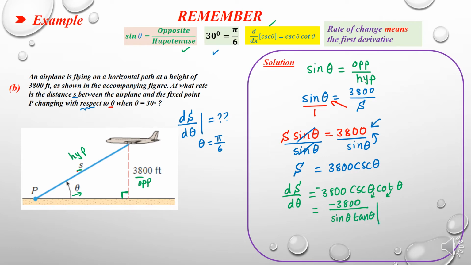Now you have to plug in theta equals pi over 6. So theta equals pi over 6, or 30 degrees, which gives minus 3800 divided by sine of 30, which is 0.5, multiplied by tan of 30, and tan of 30 is 1 over square root of 3, and using a calculator the answer will be